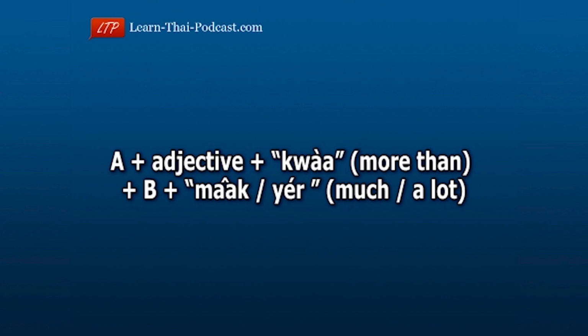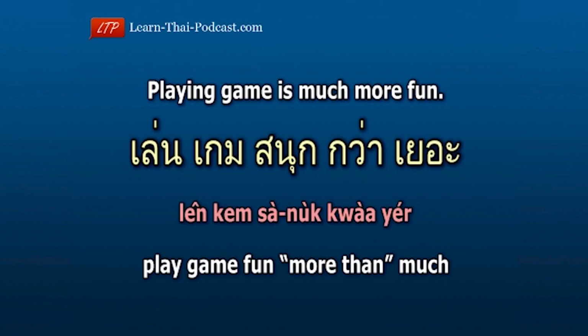So the sentence structure is the first thing you want to compare, adjective plus กว่า plus the second thing you want to compare and มาก or เยอะ. Here's another example. Playing games is much more fun. เล่นเกมสนุกกว่าเยอะ Play เล่น game เกม fun สนุก more than กว่า much or a lot เยอะ. Playing game fun more than much or a lot. เล่นเกมสนุกกว่าเยอะ